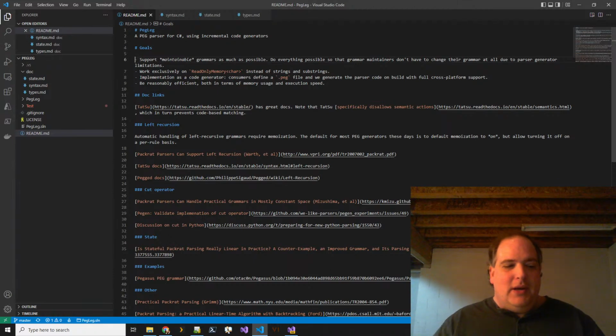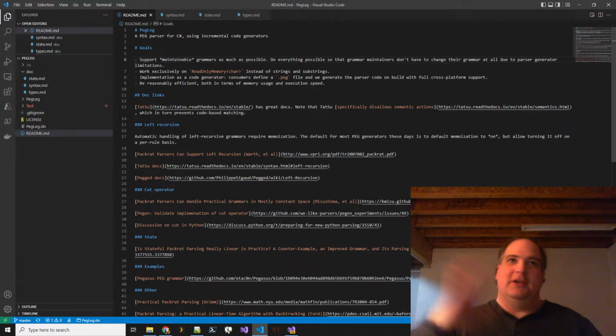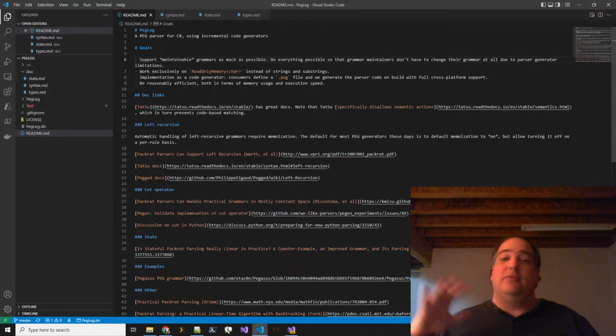Well, there have been some recent developments in PEG grammars that allow automatic handling of left recursion, which is awesome. So we can look into that a little later in this series. So that problem has pretty much been solved. There is another problem